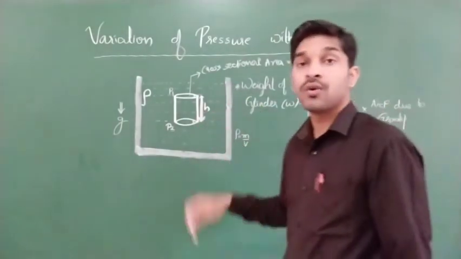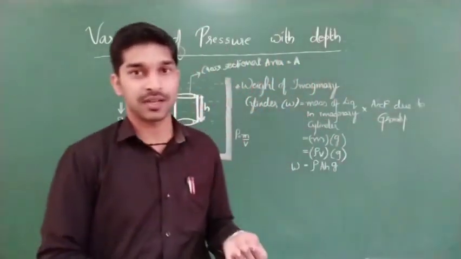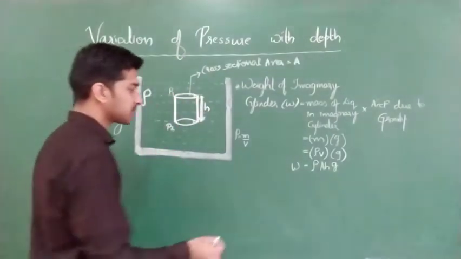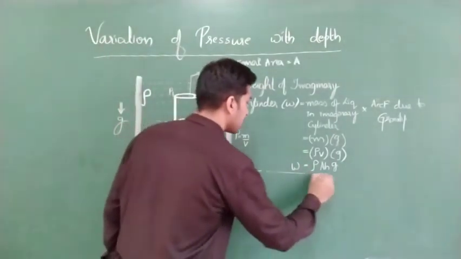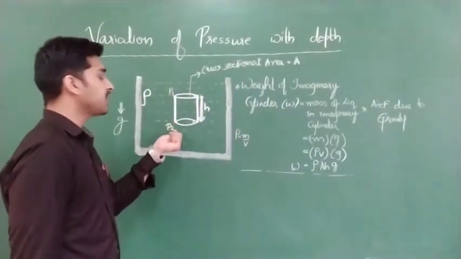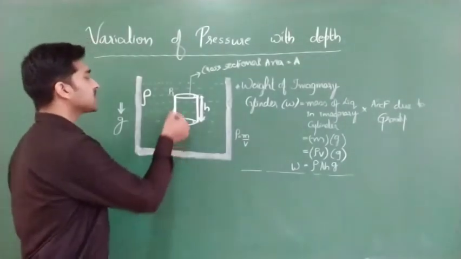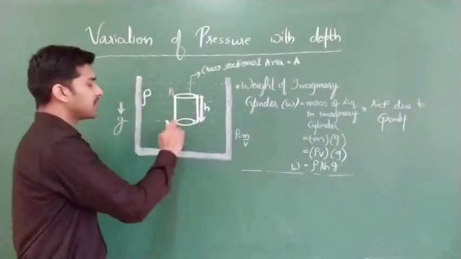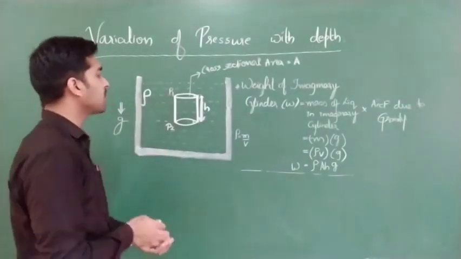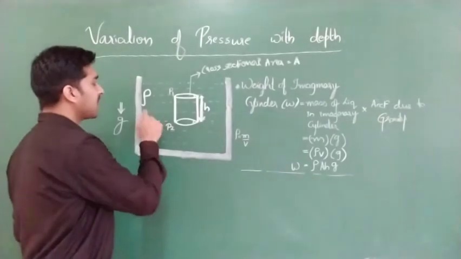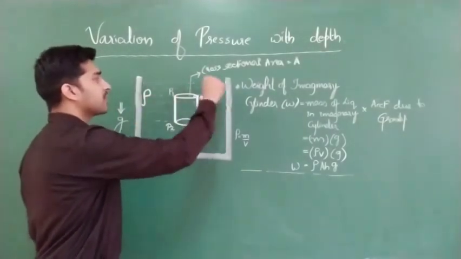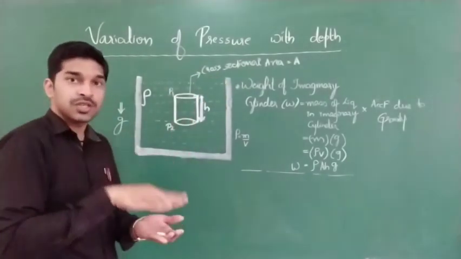Now we want to find the difference in pressure. That is what we are discussing. Here pressure P1 is acting, here pressure P2 is acting. Definitely P2 is greater than P1. Why? Because it is at a little more depth. If you go deeper and deeper, maximum pressure will apply. Or you can analyze it in this manner. Here one layer of water is there, here one more layer, and one more, and one more. So many layers are pushing you down.